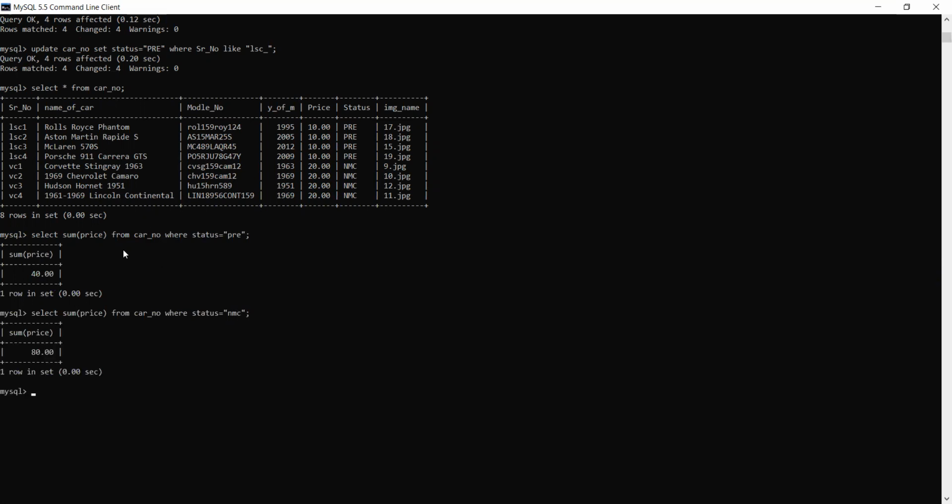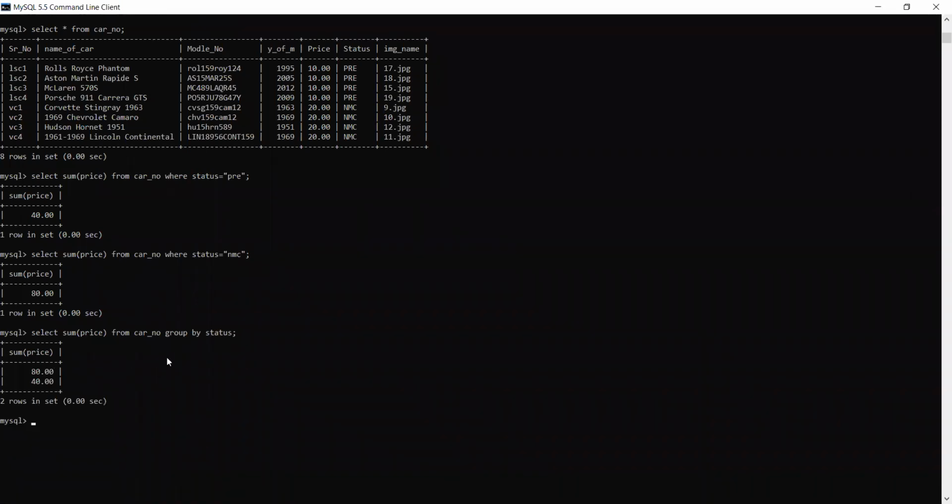Now the problem is I will never get combination, means on the basis of group I will never get if I will not use group by clause. So therefore I have to use group by clause. Instead of this, I can directly write group by status. Okay, group by status, and then you see I'm not writing anything. So see, it is showing me 80 and 40.